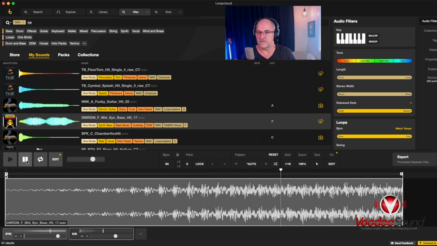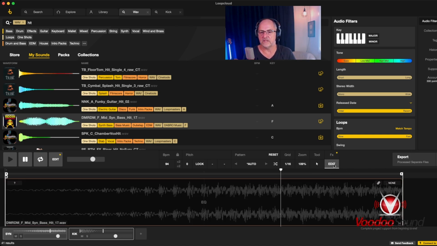Now, that in itself is really handy as a building block, and I absolutely exported that straight away. That's gone to Pro Tools. But the other thing that's nice in Loopcloud is you have this edit function. If we click on here,